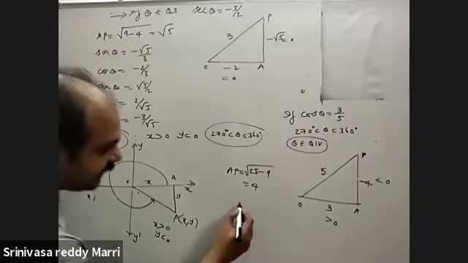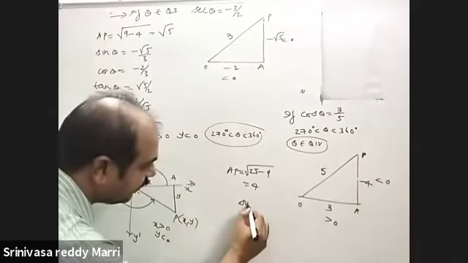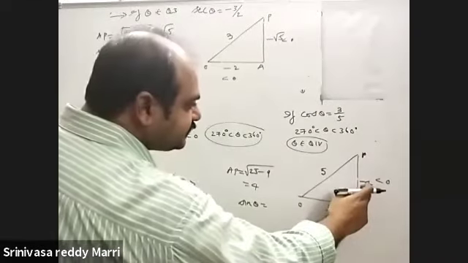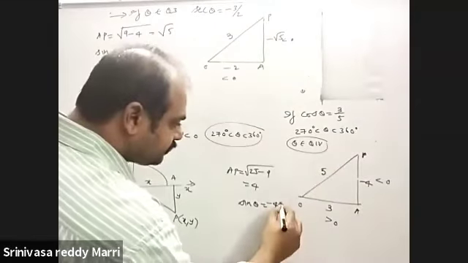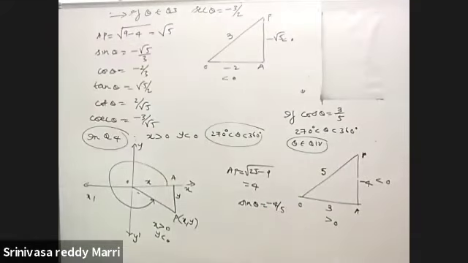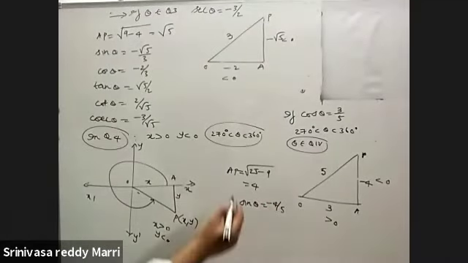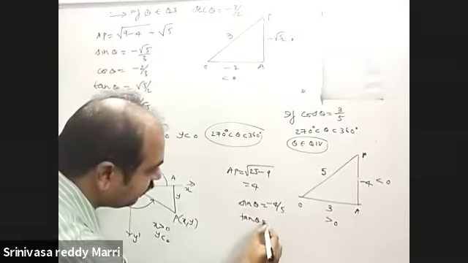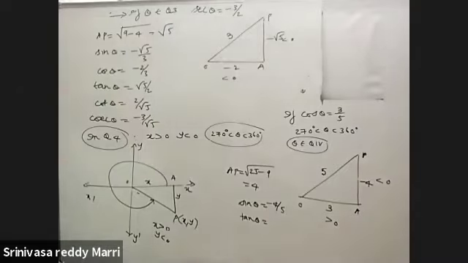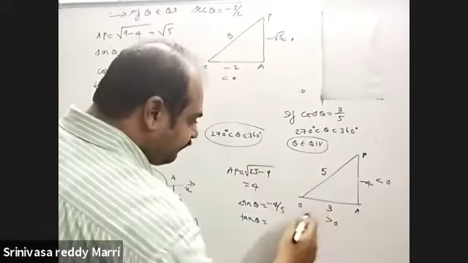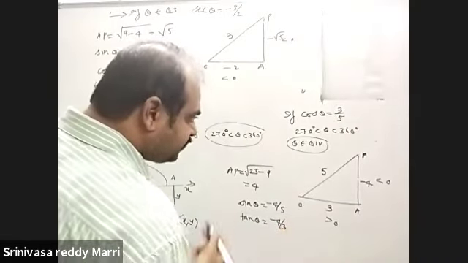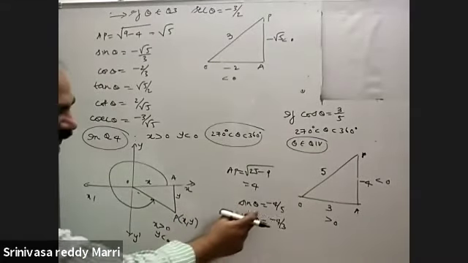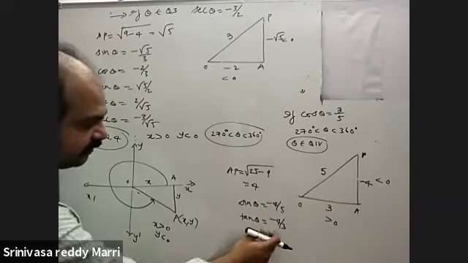So now cos theta is given. Now write sin theta. Sin theta is nothing but opposite divided by hypotenuse. Minus 4 divided by 5. Next, cos theta is already given, tan theta. Tan theta is nothing but opposite over adjacent. Minus 4 divided by 3. In the fourth quadrant, cos and secant only are positive. Remaining negative. Here you got a negative value.